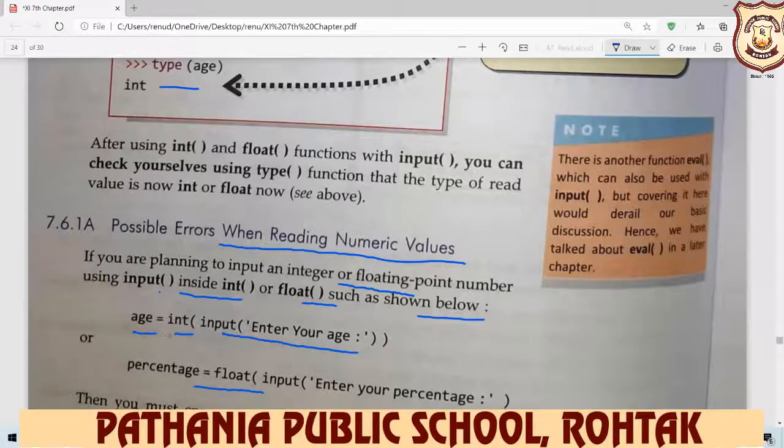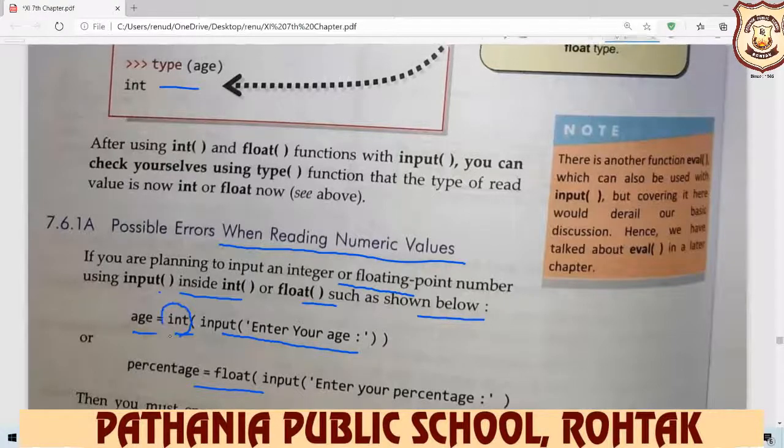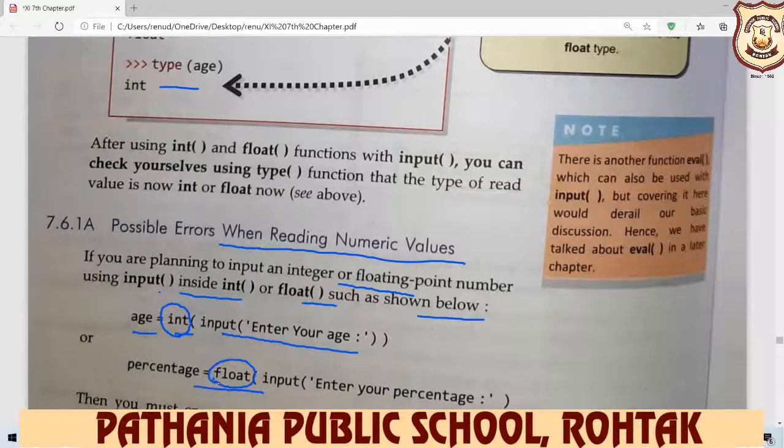So when you want to input an integer value, you use int before the input function, and when you input a floating value, you write float in front of this.